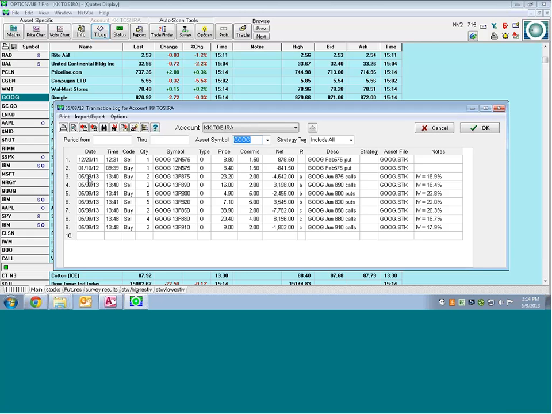Now, in this case, these transactions were put on with the same date and the same time, so they were already grouped together automatically. But if they're even off by 1 minute, then they're not going to be grouped together when you see them here. And then you can come in and use the recon field to put a small letter of the alphabet into the group. You can see that this is a spread, this is another spread, this one is with calls, this one's with puts, and this is actually a butterfly with a 3-legged position here with June calls and the 850, 880, and